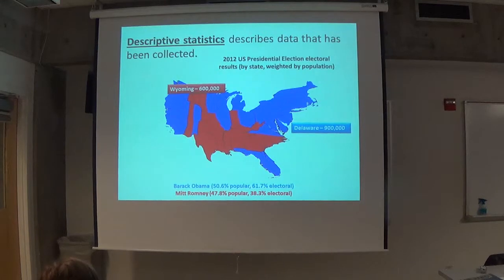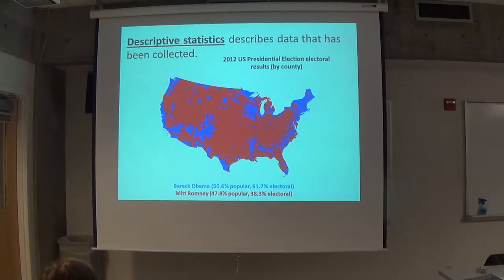Okay, now this is one way of looking at it. Here's another way of looking at it. This is the normal proportioned U.S. map, but broken down by county instead of state. Now this looks even worse from a blue-red perspective, because now we've lost even more of the electoral. And again, why? Population again. Find LA on that map.